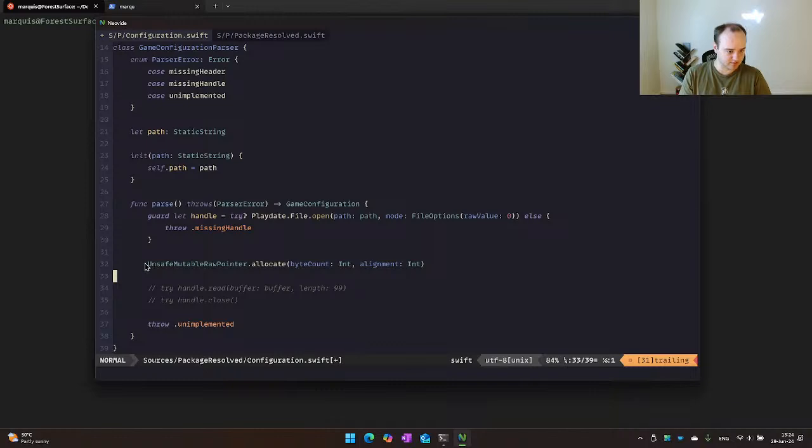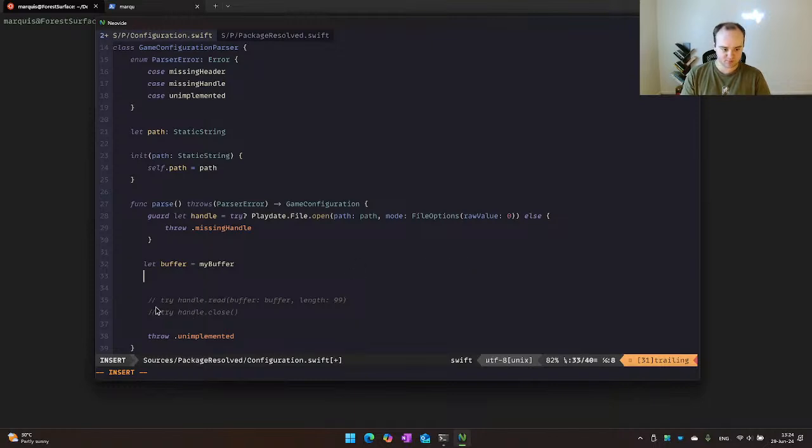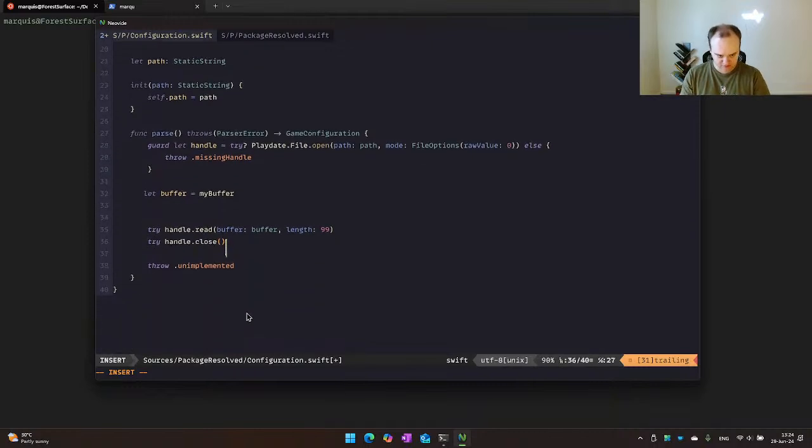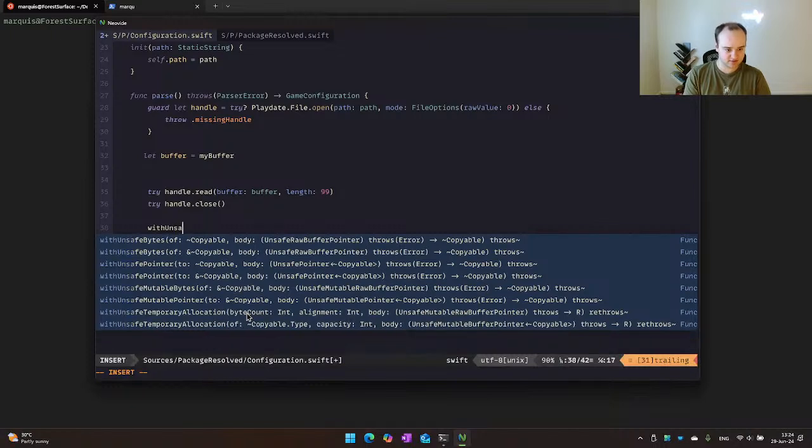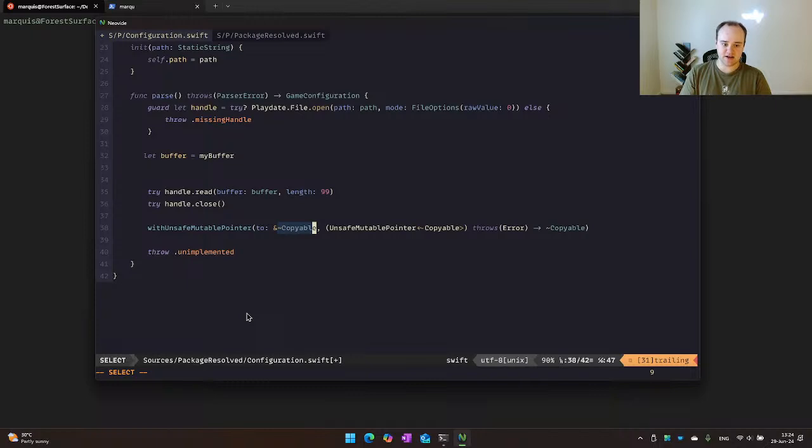I must have done a terrible job at explaining what we're going to need here. Right, so the idea here is we're going to need to create some buffer of some kind. My buffer or something. Then we need to read the file, close it, and then with unsafe mutable pointer or something, and then inside of here, yeah, hold on, just with unsafe buffer pointer, I'm just going to call it.